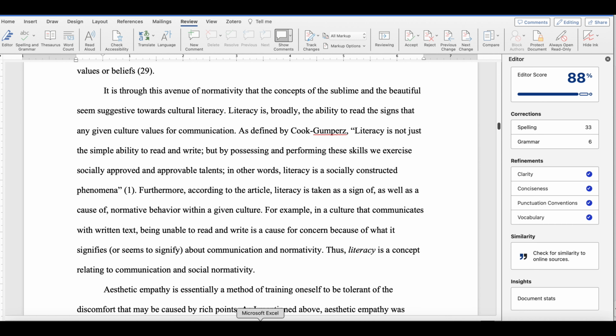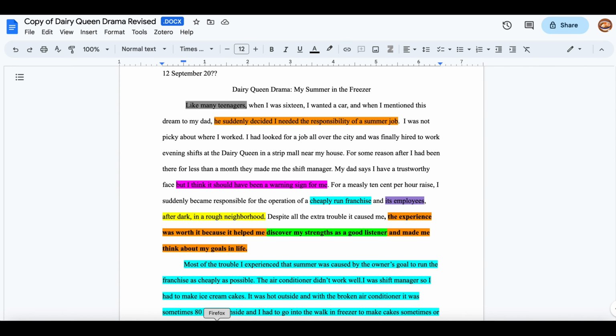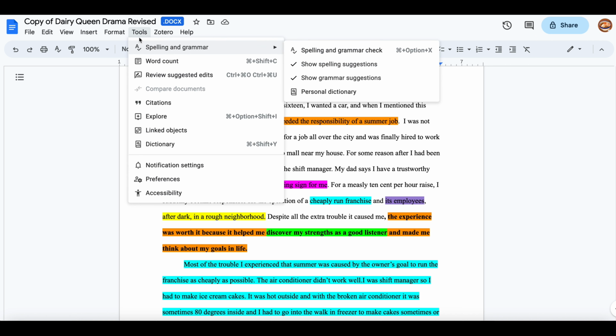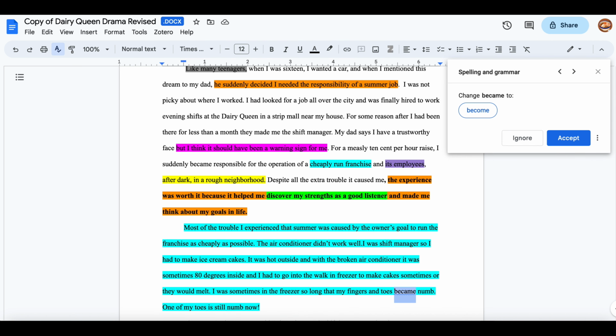I think that the grammar check on Word is a lot better than the one on Google Docs. So you can download Microsoft Office for free if you're a student at UNM. So that might be something to do. But when you're using Google Docs, you'll just go to Tools, Spelling and Grammar, and then do the spelling and grammar check. When you're doing your spelling and grammar check, you need to actually check it, because in this case,